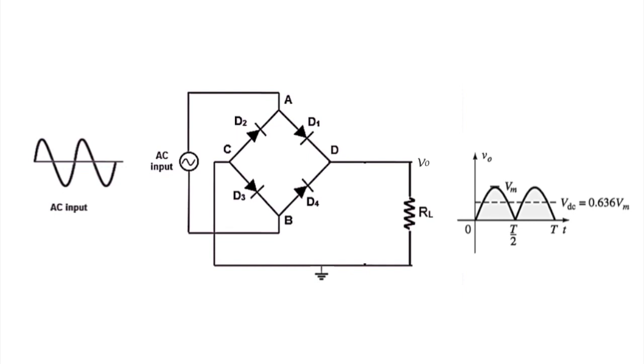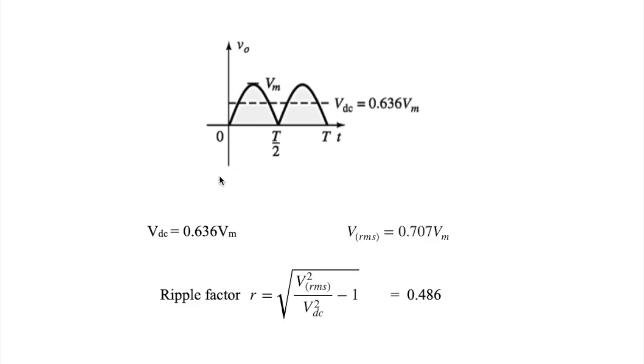This is the basic circuit of bridge rectifier that we are going to use. With this circuit, we will use a pure sine wave as an AC input signal, with which we expect the output to be of this form. This output will have a periodic time of T by 2 when the input signal has a periodic time of T. Looking at the waveform that we obtain at the output of the bridge rectifier, we can see that this output is not a constant DC voltage.